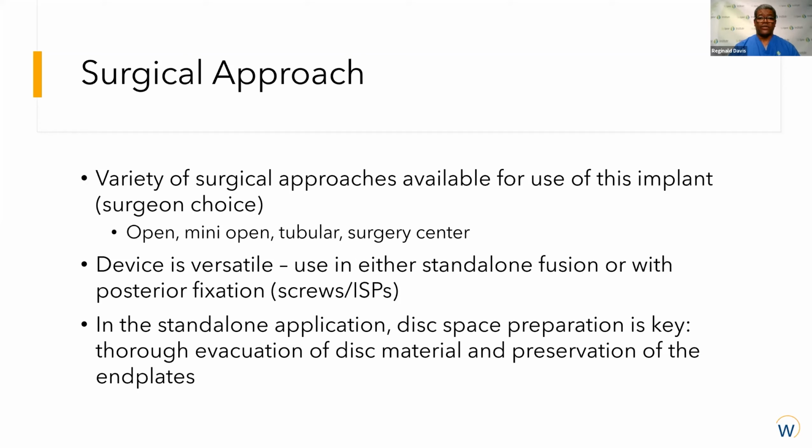The device is versatile. It's used either as standalone, as indicated, or it can be used with posterior fixation as deemed appropriate, with either screws or with interspinous process stabilization devices. In the standalone application, the disc space preparation is key. Meticulous and thorough evacuation is needed, and preservation of the end plates becomes paramount to prevent subsidence and to prevent